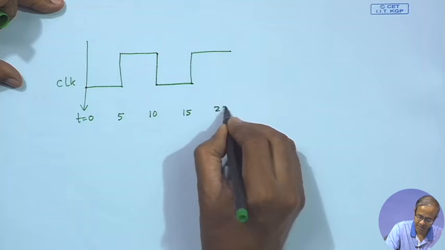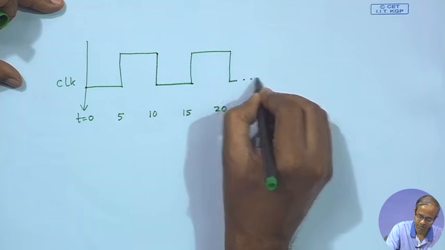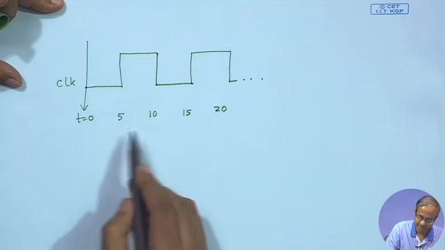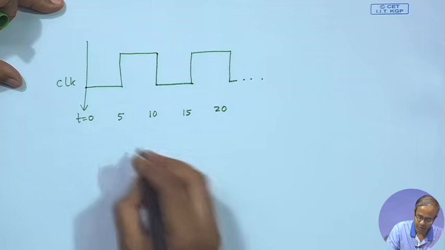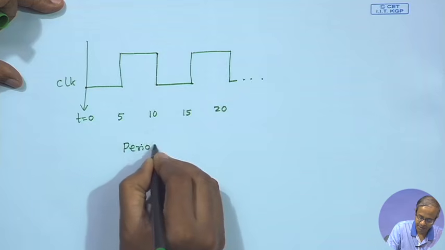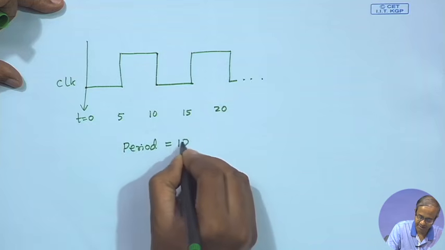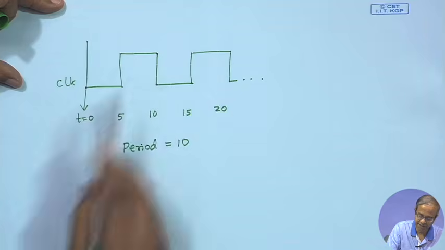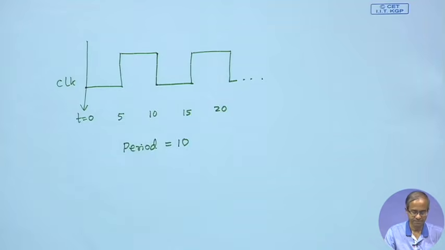At time 20, it will again become 0, and so on. So, with a gap of 5, the clock will continually toggle and the time period will be double that delay, it will be 10, 5 off period and 5 on period. So, this is how we specify that after every 5 time units the clock will toggle from 0 to 1 and